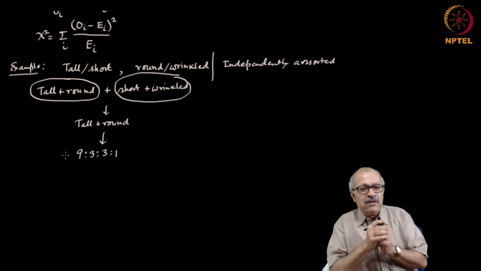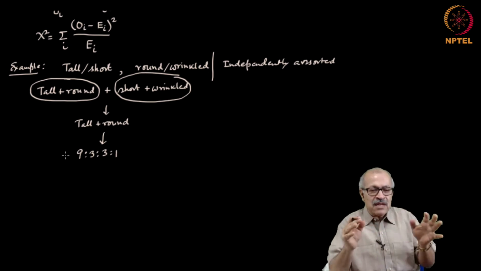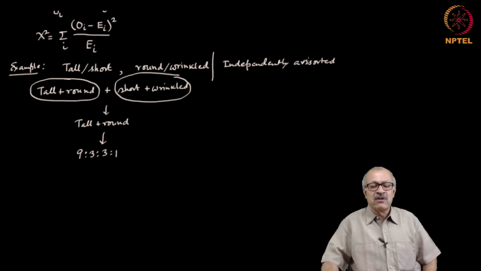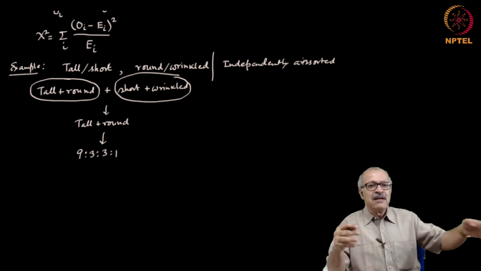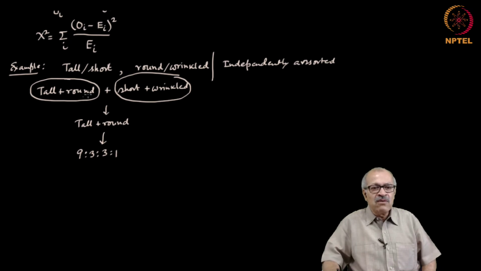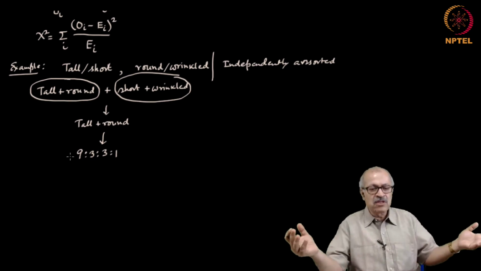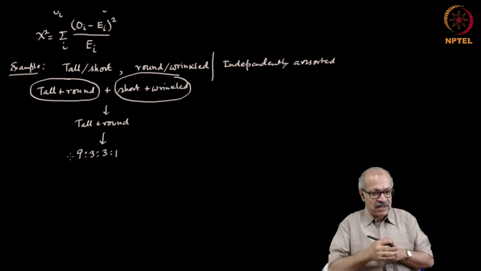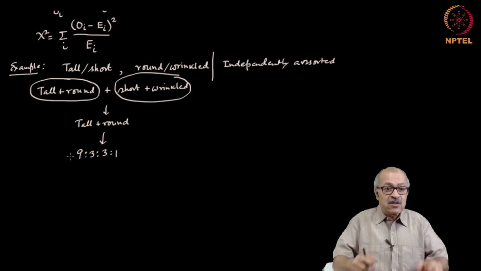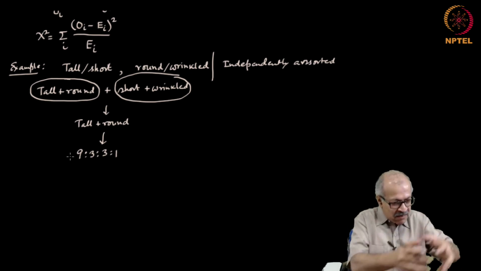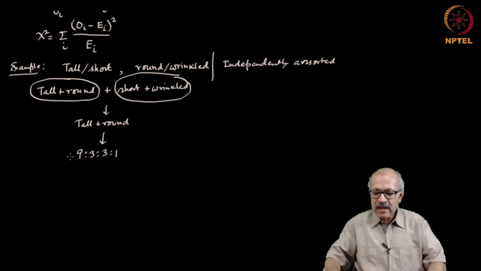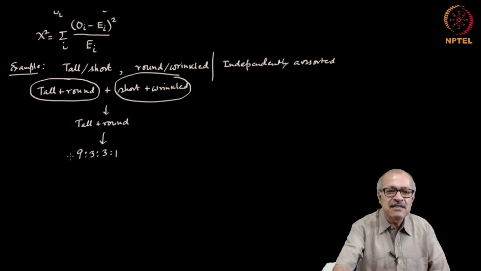Now, suppose somebody wants to test whether two such characters are truly independently assorted or not, and suppose she has conducted the experiment. She has chosen tall and round and short and wrinkled plants and crossed them. In the second generation, she finds that there are all four possible varieties of plants. She picks up some number of plants, counts them, sorts them and puts them into categories. Okay? And suppose the categorization is something like this.